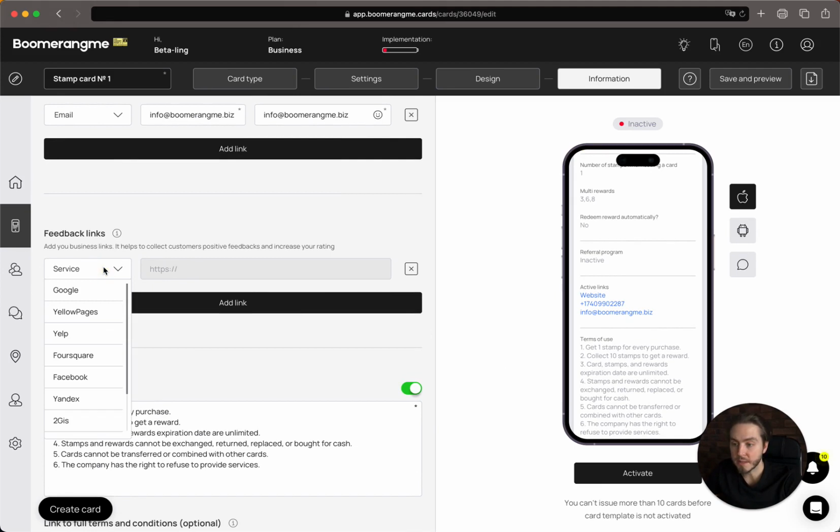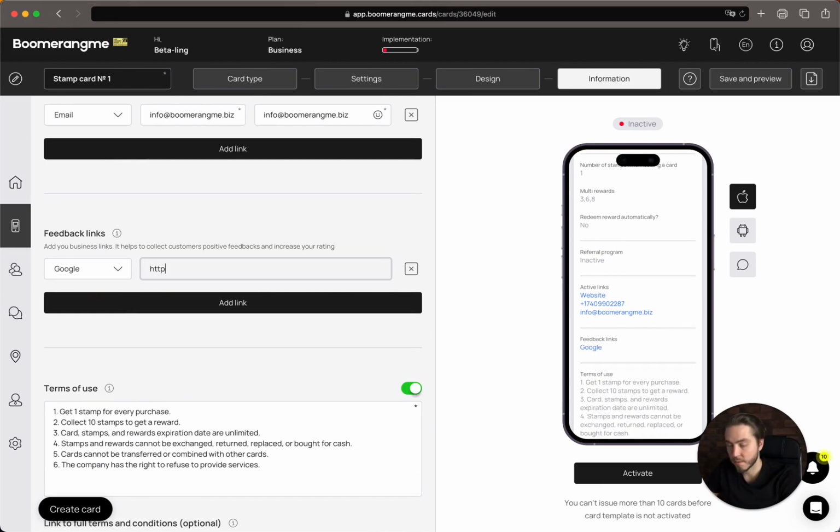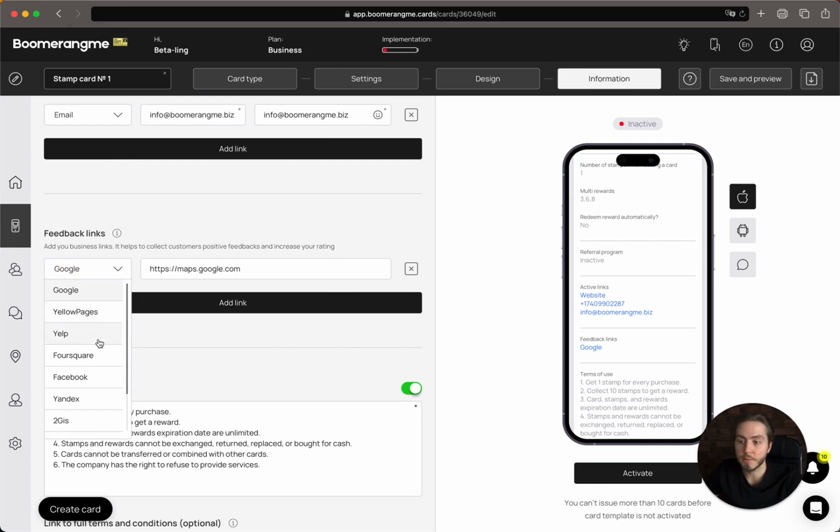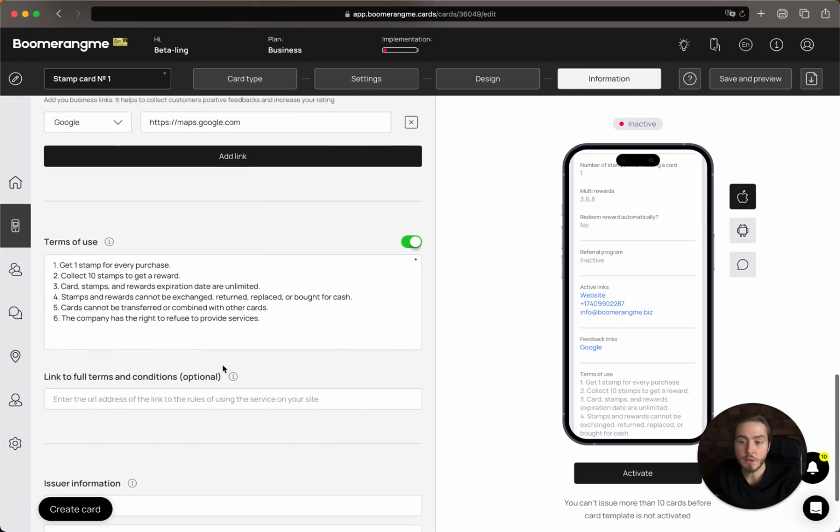Next one is the feedback links. You can fill in your data, for example, your Google Maps with the address of your company, and when a customer provides feedback after the visit, and if the feedback is positive, we can suggest that the customer leave an additional review on Google Maps, Yellow Pages, Yelp, Foursquare or Facebook. It's a huge opportunity to collect additional reviews on your maps and boost your website in search engine optimization,